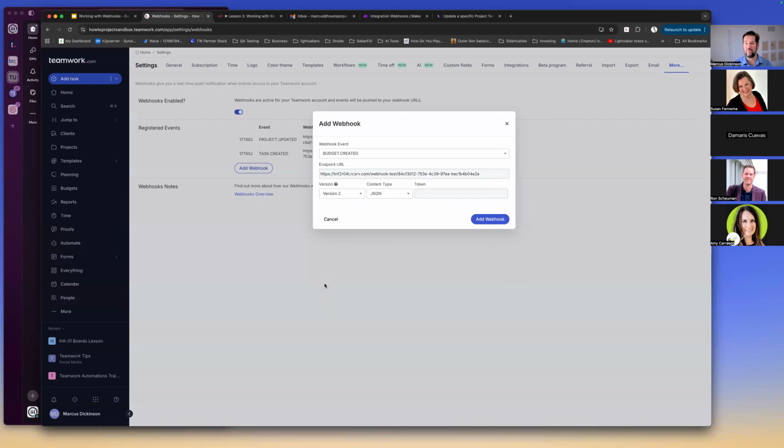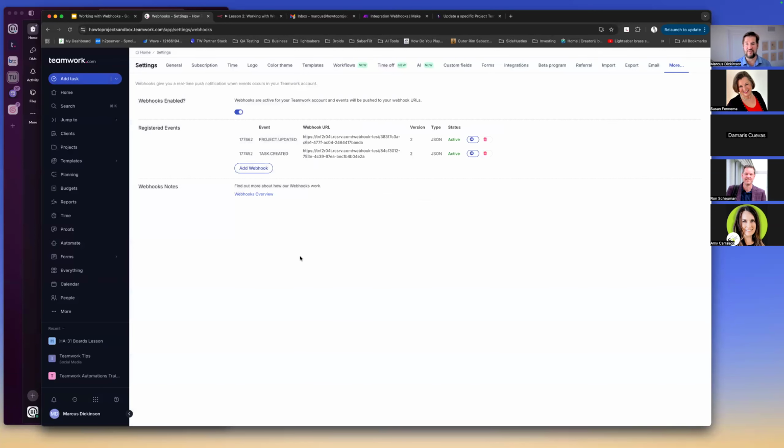So again, I really encourage everybody, if you've never used a webhook in Teamwork, it's the easiest one to set up with. And reach out to me on the Teamwork user group, and I will help you. I will make the time to help you, because this is really our basis for future learnings. Okay? Awesome. Well, if there are no